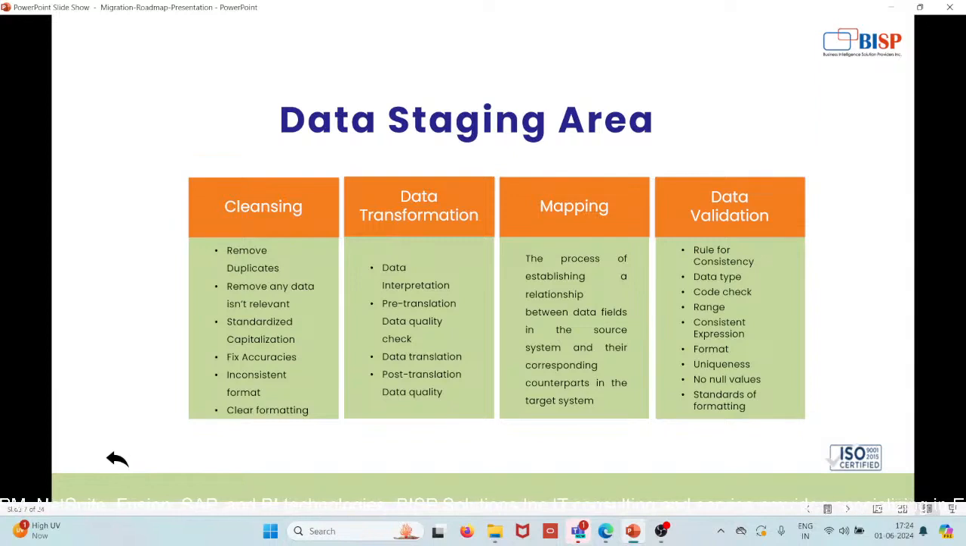To avoid such discrepancies, it's advisable to standardize the text formatting to lowercase during data cleansing processes. This ensures accuracy and coherence in the migrated data. The fourth thing is the